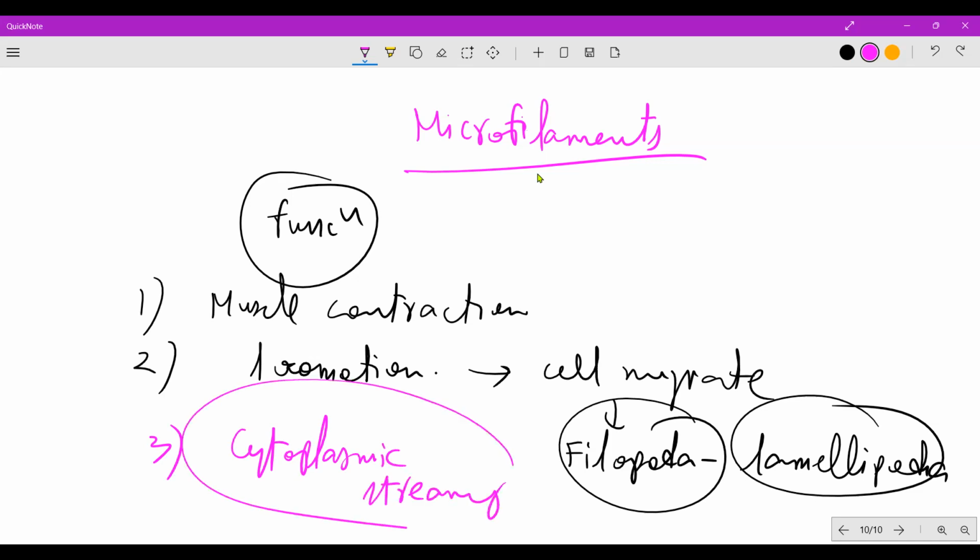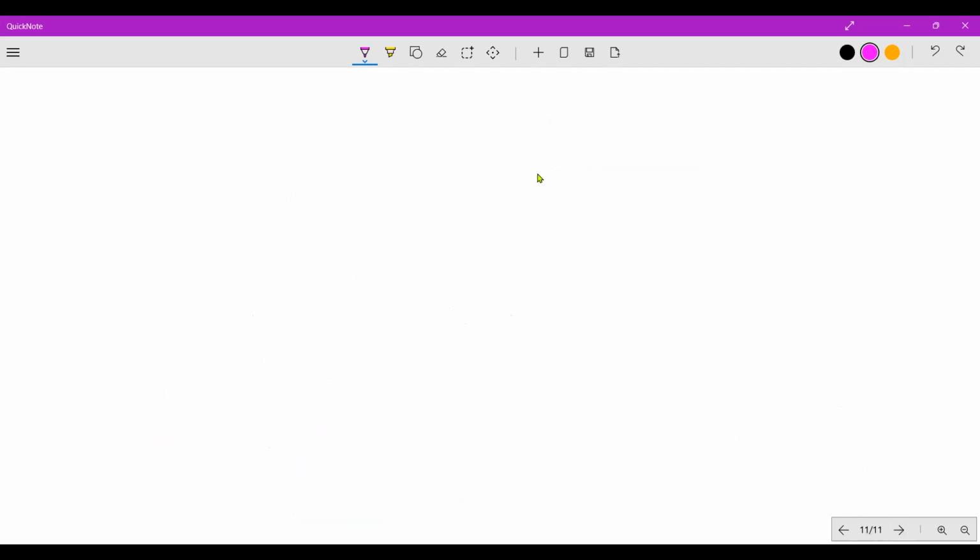Now, who's responsible for cytoplasmic streaming? Again, it is the actin filaments which are responsible for the cytoplasmic streaming also. So very important. हमने देखा है जब सेल डिवीजन होती है, during the cell division, we know